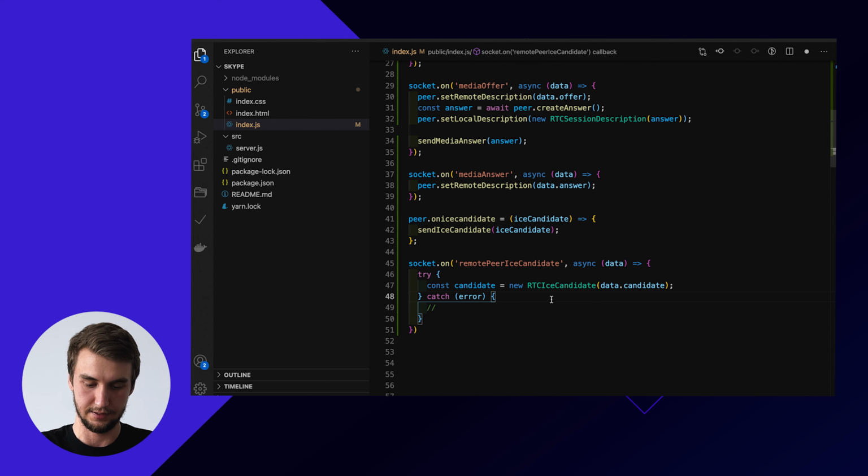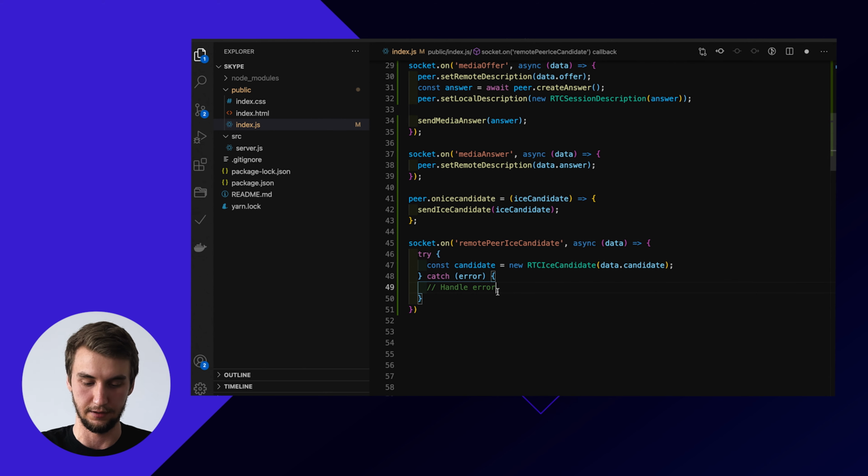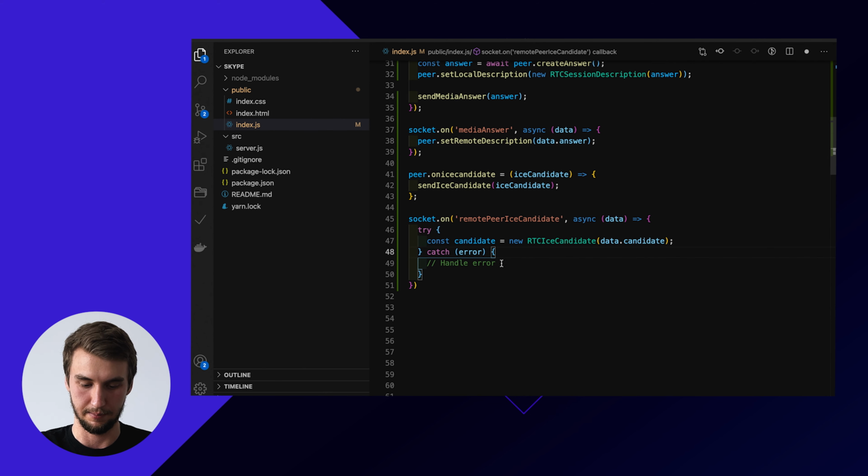So it's basically mandatory to wrap it at least in a try catch function. And well, we don't actually have to do anything with the error here. If we want to, but basically we can just dismiss all the errors, and new candidates will be sent over, and finally one of them should be